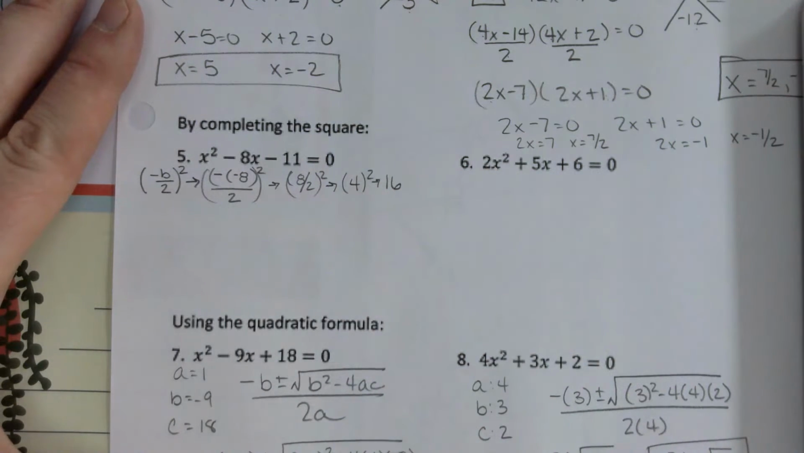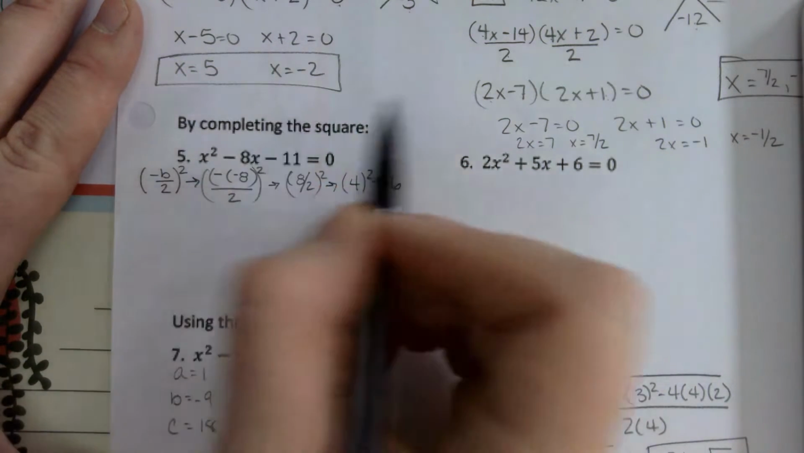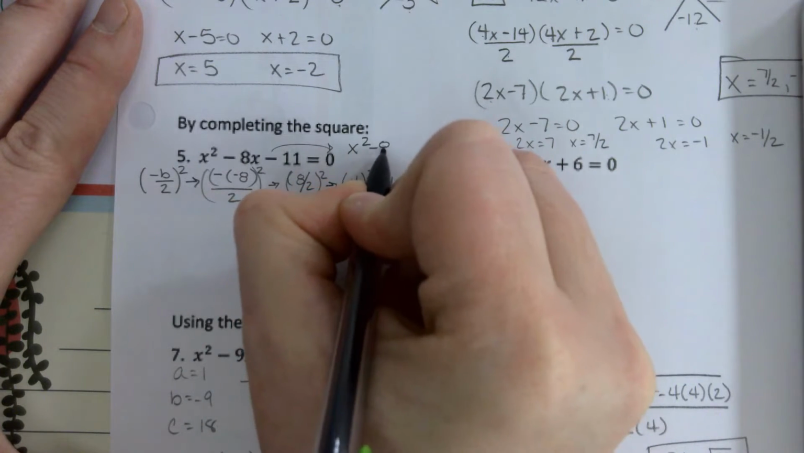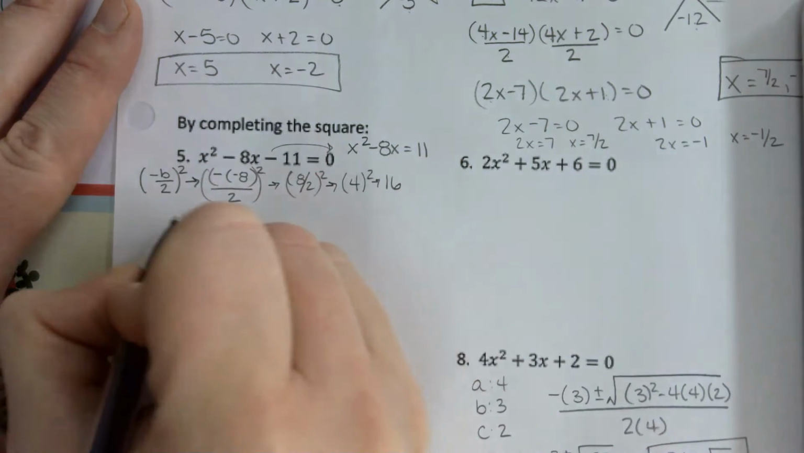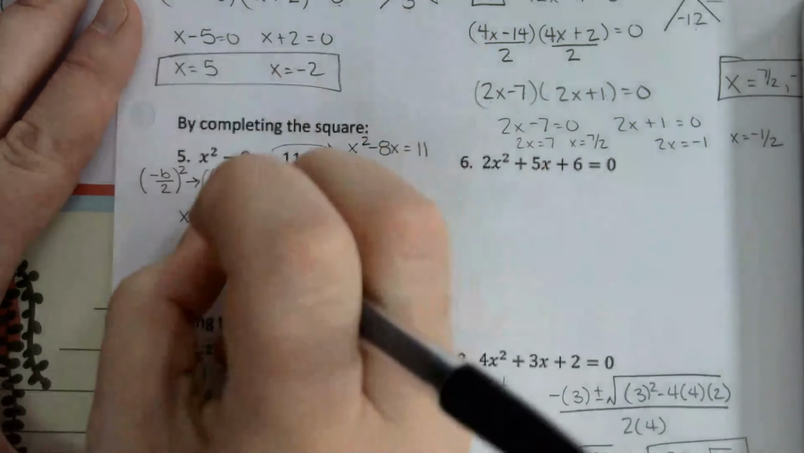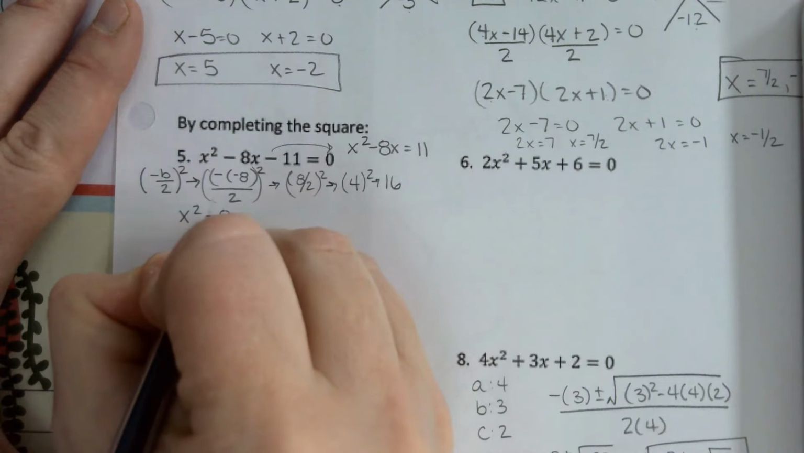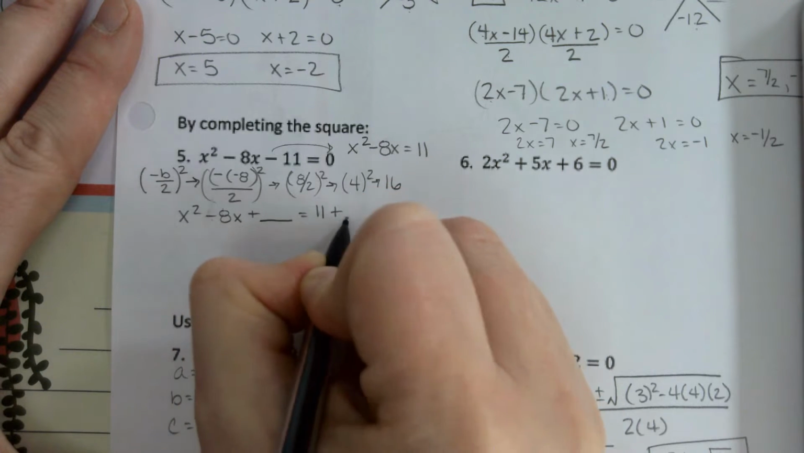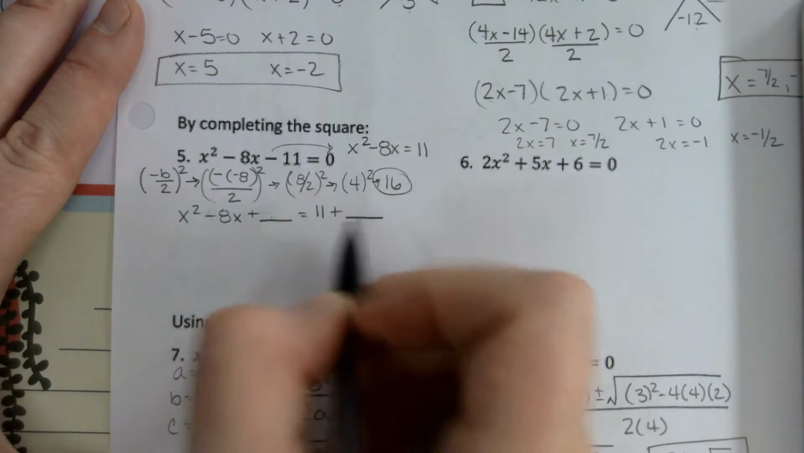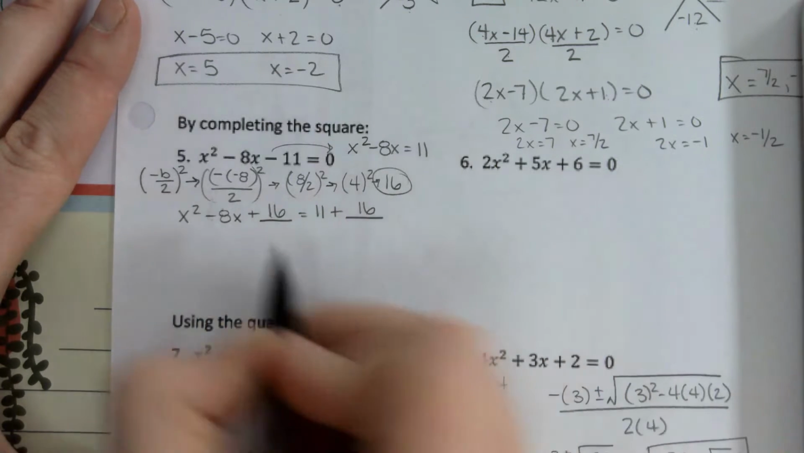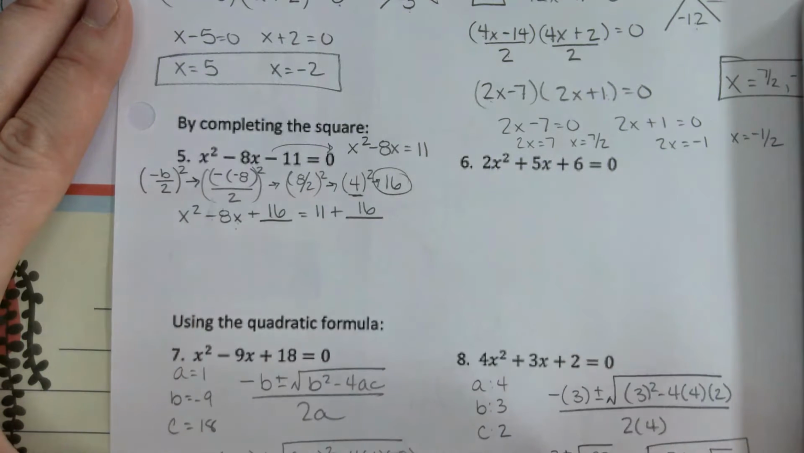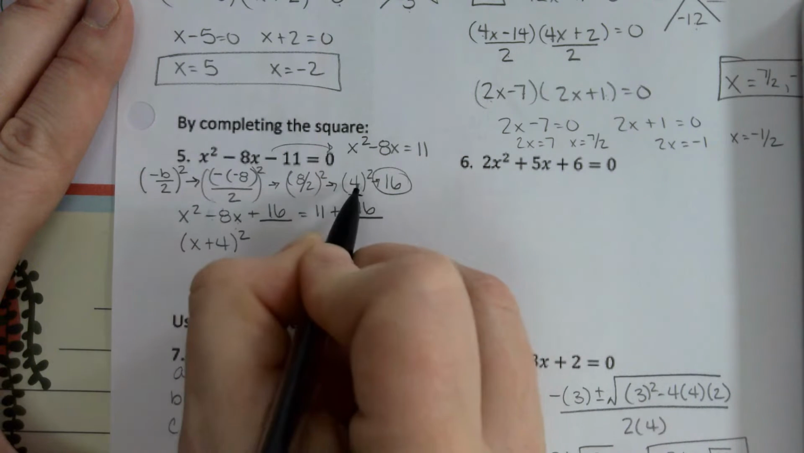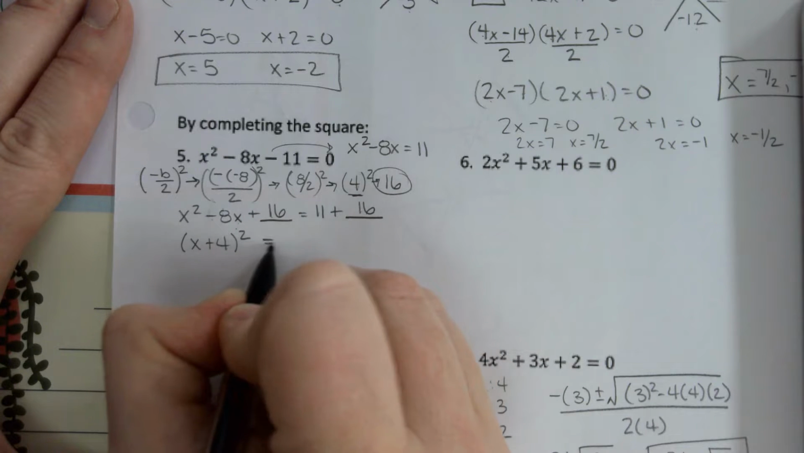So what I do next is I need to move over this 11, which you should have done first, but I chose not to. So I have x squared minus 8x plus something equals 11 plus something. So the something that gets added into both those spots is 16. This side here factors automatically down to a perfect square. So I'm going to go x plus 4 squared, the positive 4 comes from that,